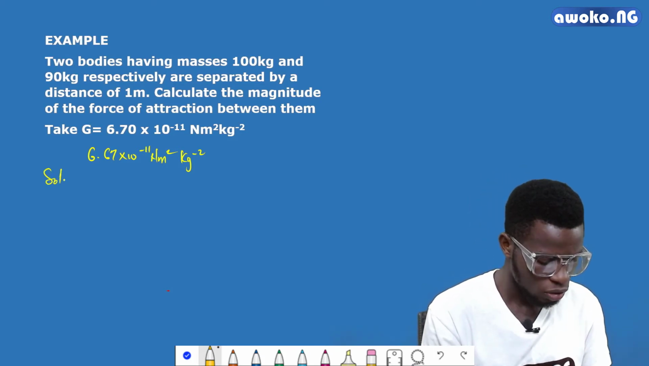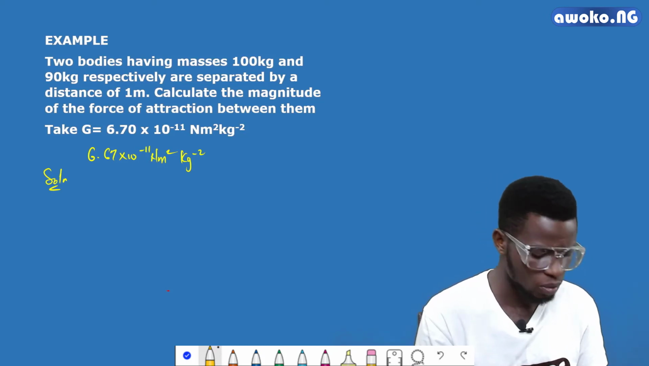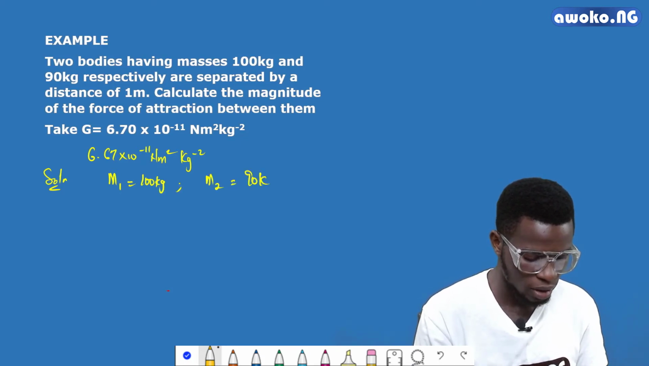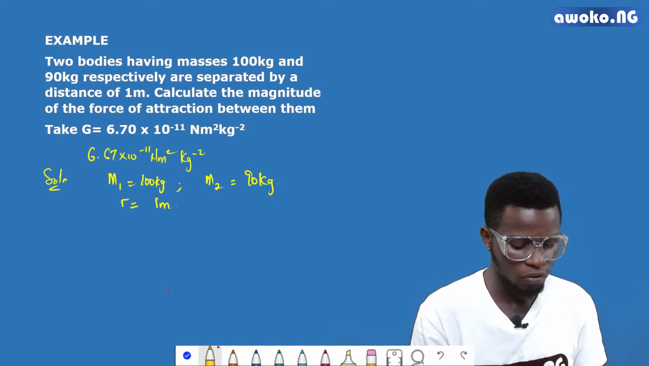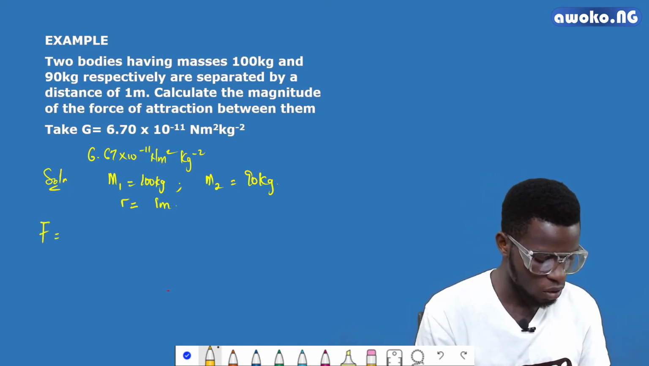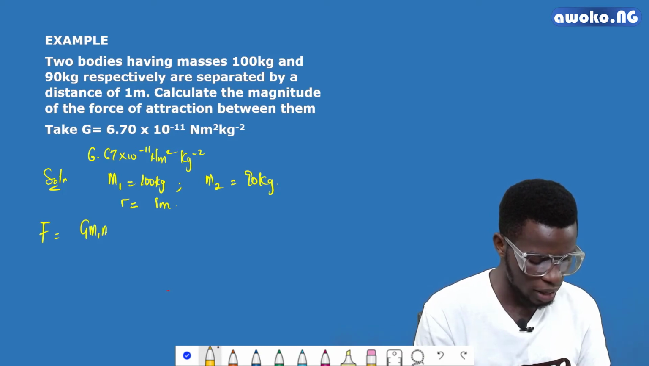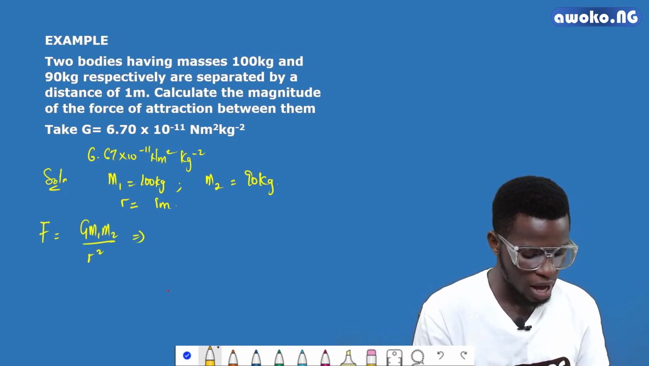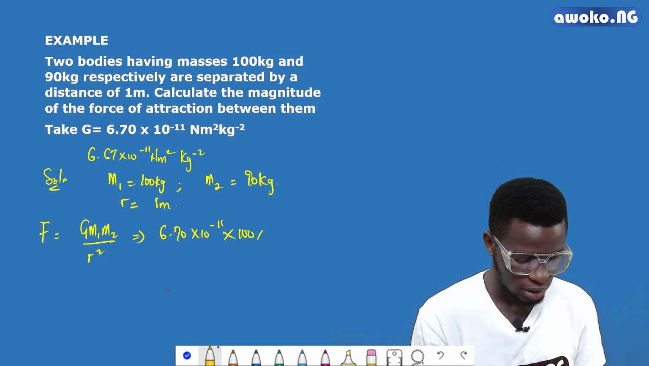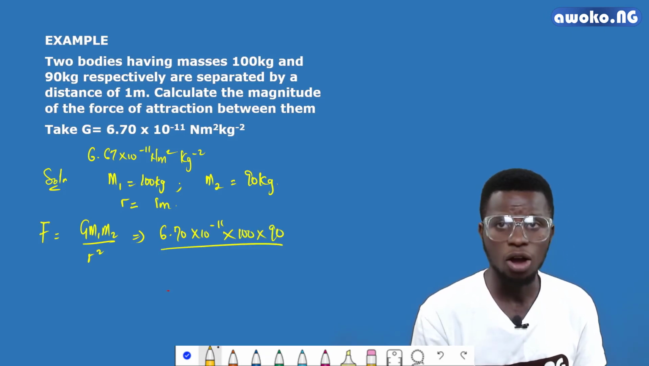So let us solve what we have over here. The first thing we have to do is to state the given parameters. We have m1 to be equal to 100 kilogram. We have m2 to be equal to 90 kilogram. Okay, and we have the distance between them to be equal to 1 meter. All right, we are asked to find the magnitude of force, and we said from the previous slide that F is equal to G m1 m2 all over r squared, and we have our G to be 6.70 times 10 to the power minus 11 times m1, which is 100, times 90, all over r squared,